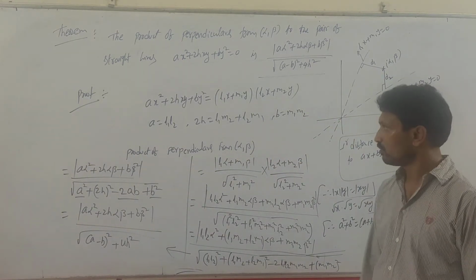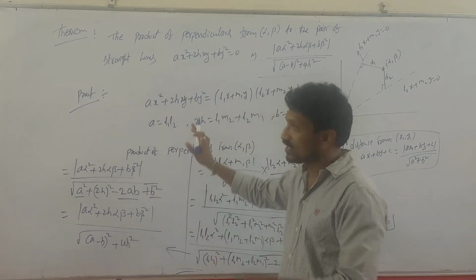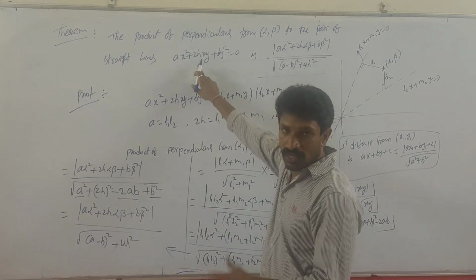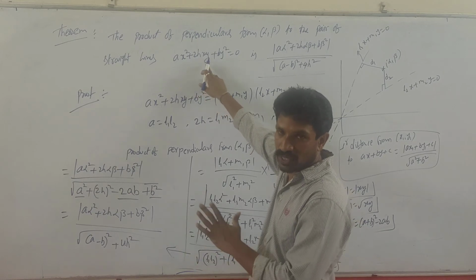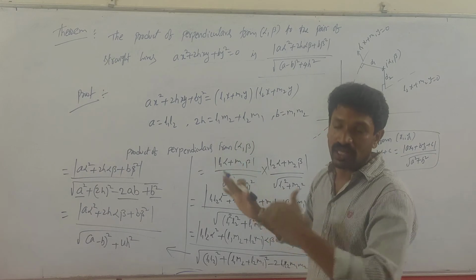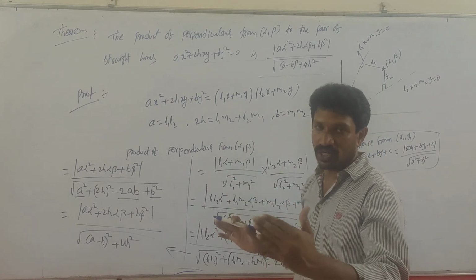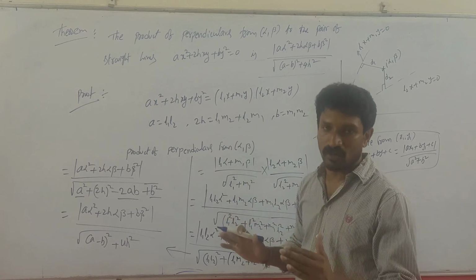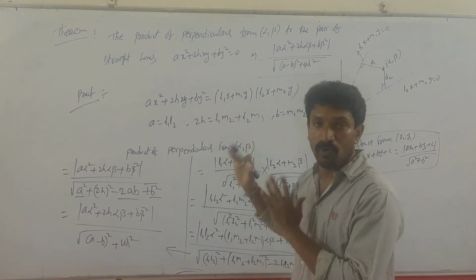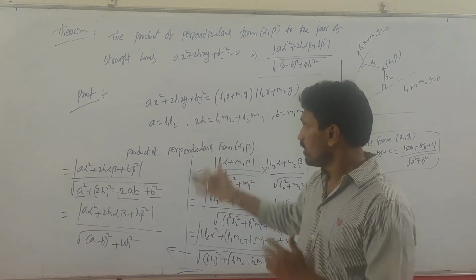Very, very important. Same for the complete equation, you can write, with a little bit of difference: ax square plus 2hxy plus by square plus 2gx plus 2fy plus c is equal to 0. That is the second degree quadratic equation in two variables x comma y. Okay, that is not passing through origin. How will the equation be? I will explain in the next step.